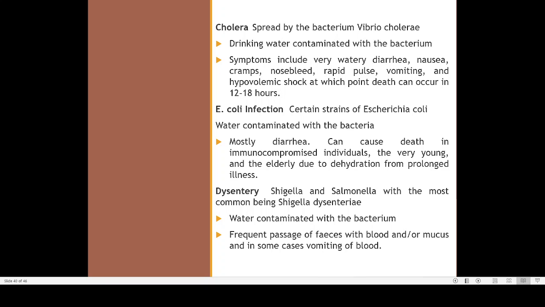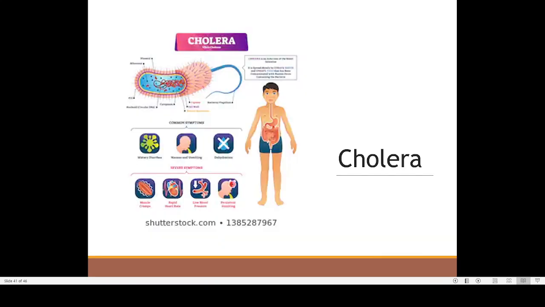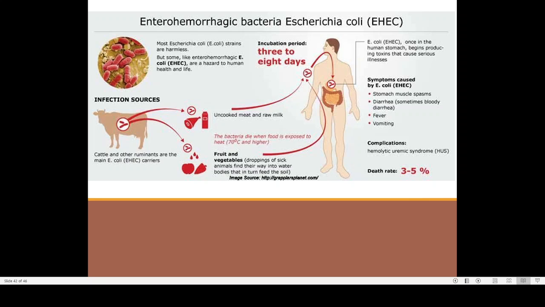So that is also a disease caused by waterborne bacteria known as Shigella, and the same is the case with Salmonella. Here also you can find how cholera is being transmitted, what the type of bacteria is, and here also some pictures are there. Here is another picture showing Escherichia coli. All strains of Escherichia coli are not harmful. Only one or two strains of Escherichia coli can lead to this kind of illness. The incubation period is 1 week.